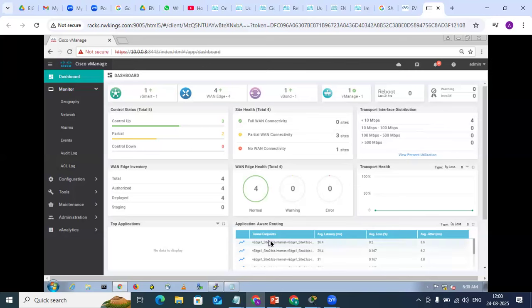What are their tunnels in case we need to do it for application aware routing? For application aware routing, the tunnel is showing me that with this tunnel, they have latency, loss, and jitter. With this tunnel, this is the latency, this is the loss, this is the jitter, right?